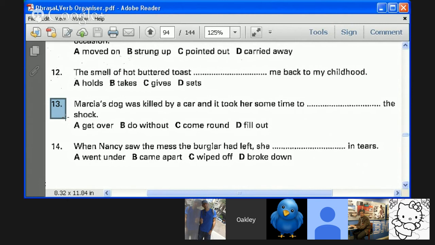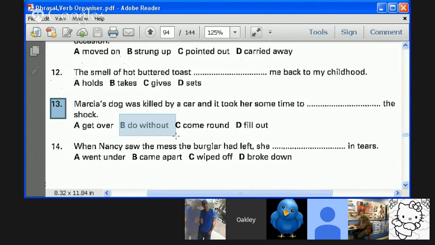Okay, get over something. Yes, you recover emotionally. Very common to hear English speakers say, just get over it. If their friend is obsessing about whatever, a girl or a perceived insult, you may chastise them. You may tell them to just get over it. Oh, come on, just get over it already, right?